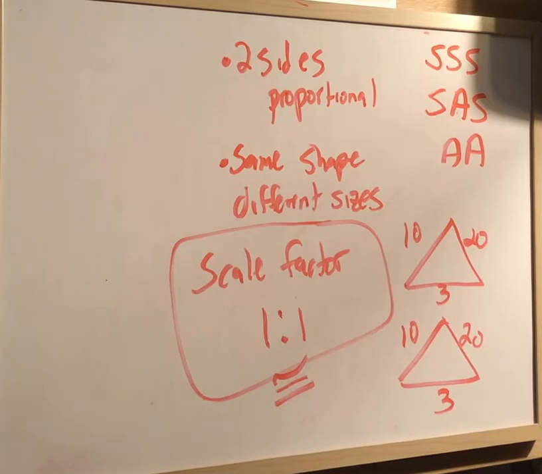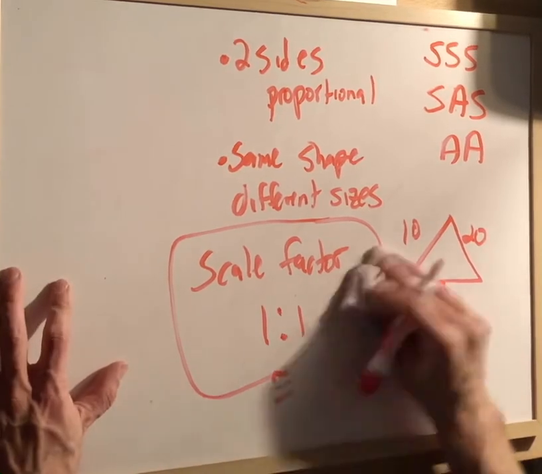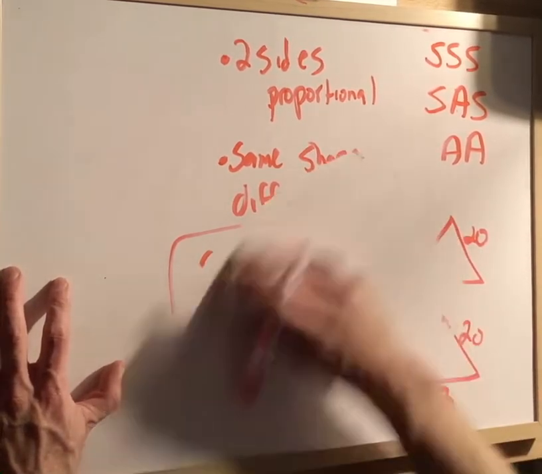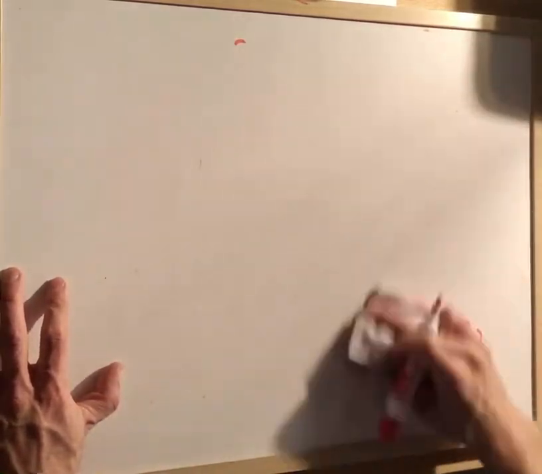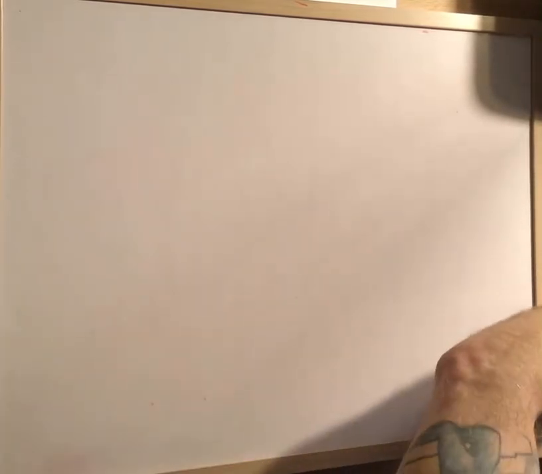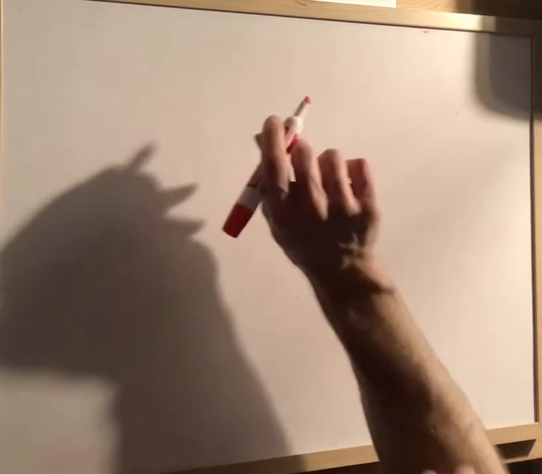All right, and then we did some word problems that had to do with similarity. Similar triangles with word problems. So let me look at my computer. Let me just pull one up really quick. One that's probably pretty simple. Okay, let's say